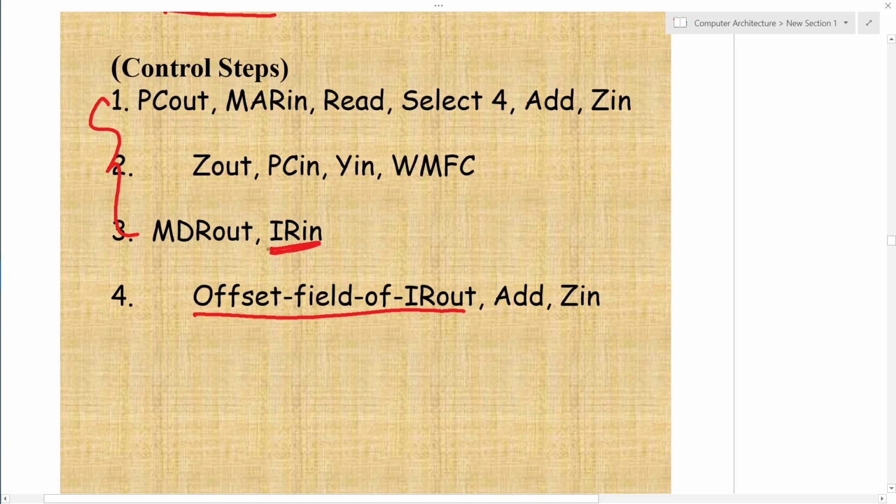Let's take one example. Initially my PC holds the value 200, then PC is updated with 200 plus 4, that is 204. Let's consider the branch address to be 300.